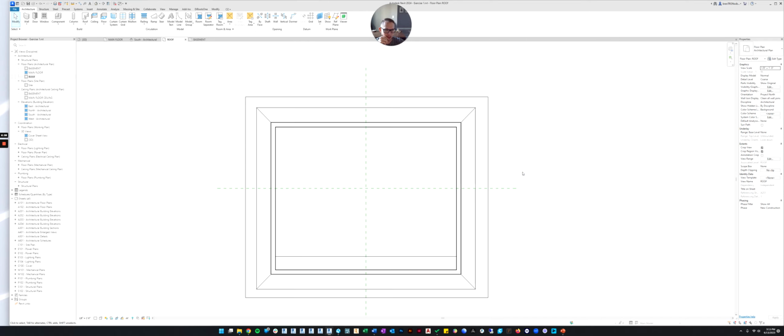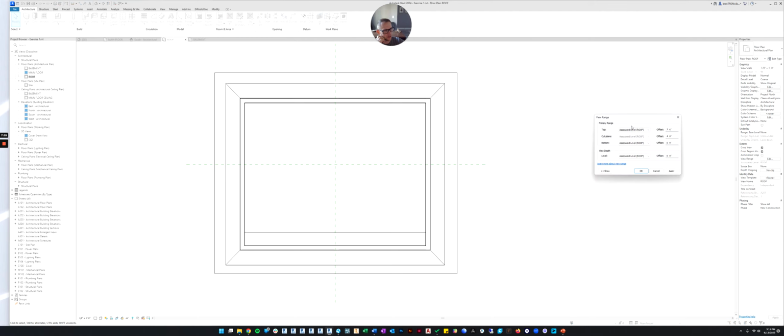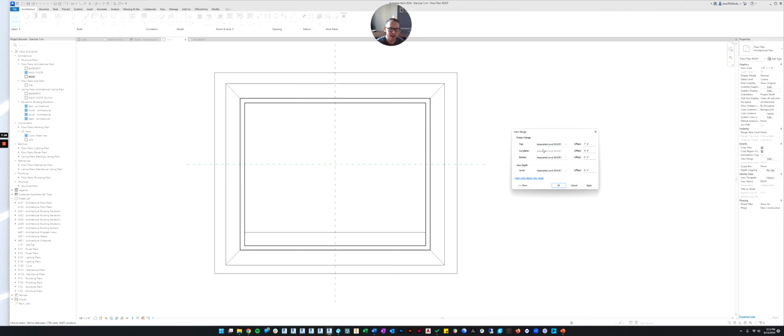So let me maybe just try to illustrate this for you. If you aren't clicked on anything, you're just in the view and nothing is selected, if you look in the properties panel, it's showing you the properties for the view. So let's look in the view properties. And under extents, there's something called view range. So if you click the view range button, it brings up this little dialog box. And if you're new, it's nice to push this button that says show. And it's trying to show you what I'm talking about.